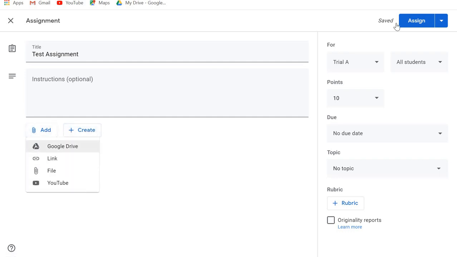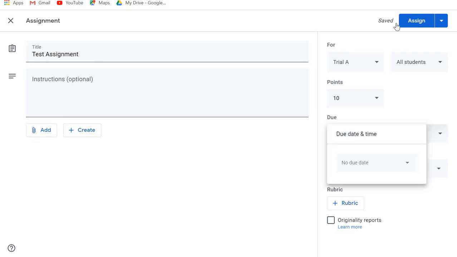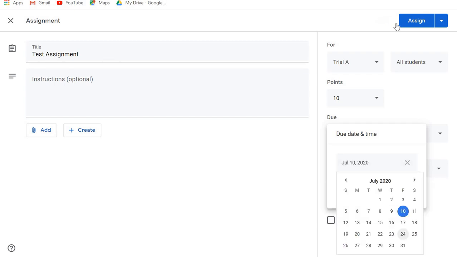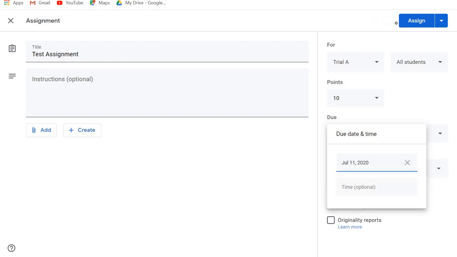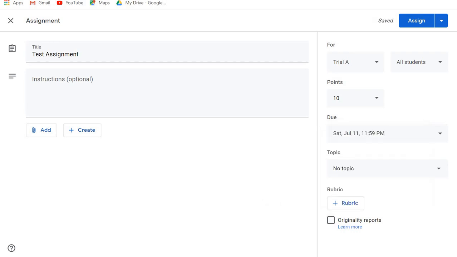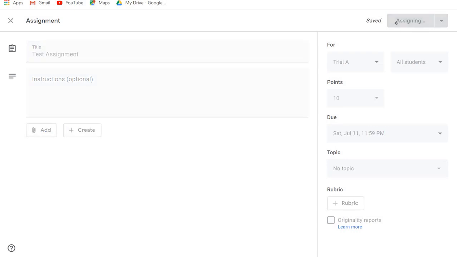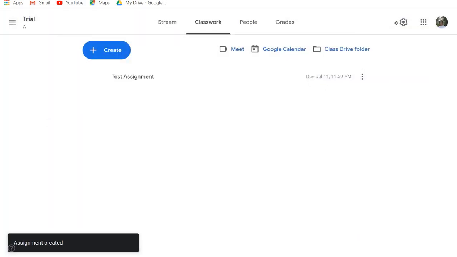And here what we can do is simply, something is already created, I can add here. Now once I'm done with all these things, that means due date, I've given some time, that means okay, for tomorrow, and the time is optional, that also I've given. So once I've given it, what I can do is I can go for assigning it. So once I assign it, every student added to my course will be able to see this particular assignment and the timing as well.